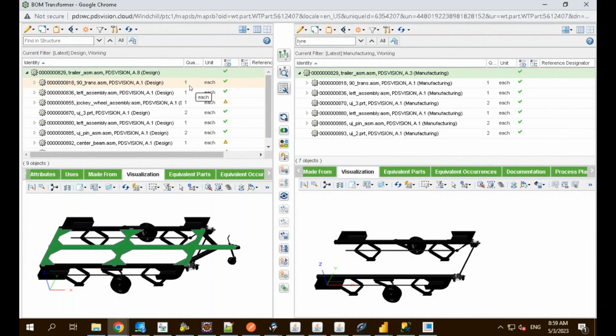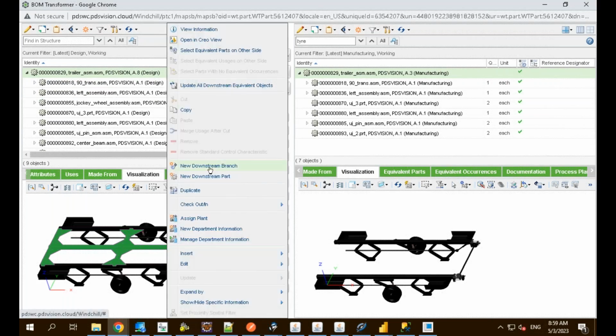So how have I created this? The basic action which we use to generate mBOM is we have to go on the top node, right click on it and select new downstream branch. Now what does new downstream branch mean? Downstream means manufacturing. So downstream branch means we are creating a new revision control branch for that engineering BOM. So when I click on this,